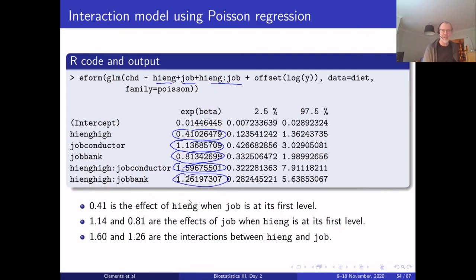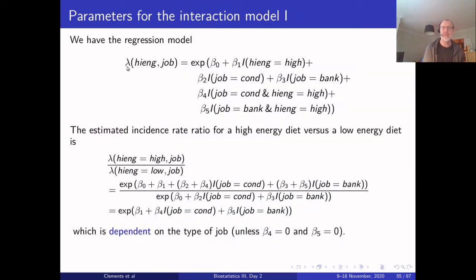The interpretation here is that we have a regression model where we have an intercept, main effects, and 2 interaction terms. And if we want to estimate an incidence rate ratio for high energy diet versus a low energy diet for a given job, then